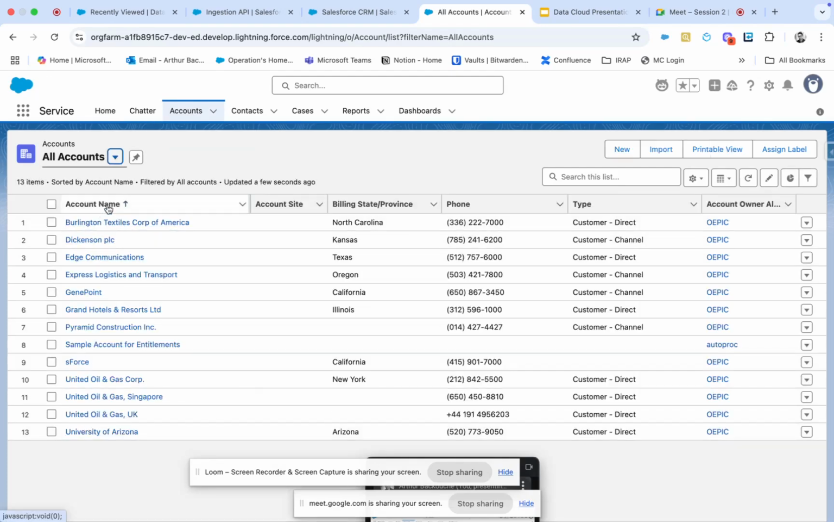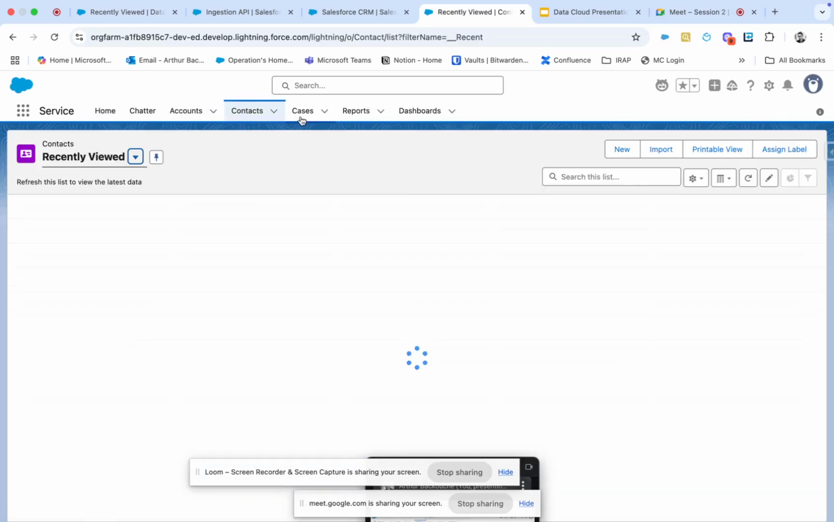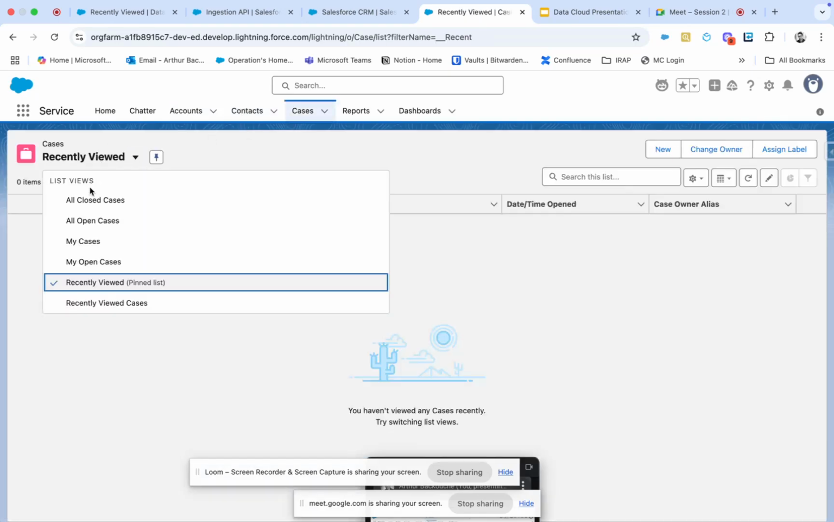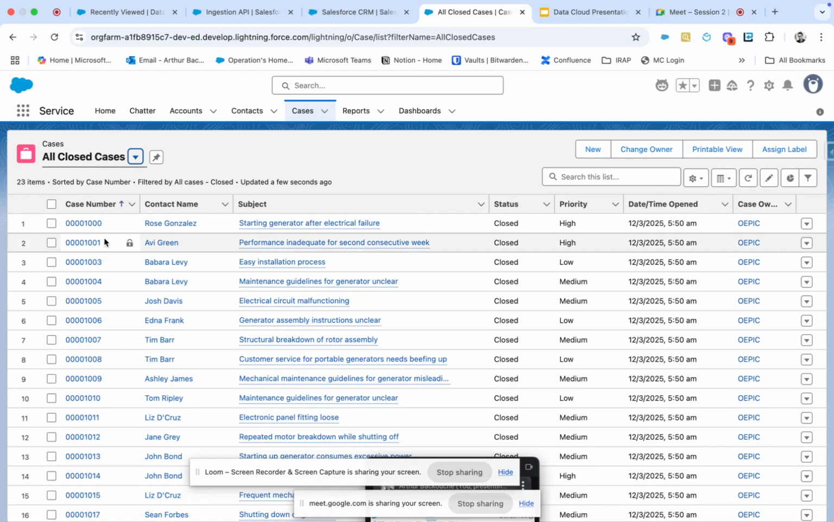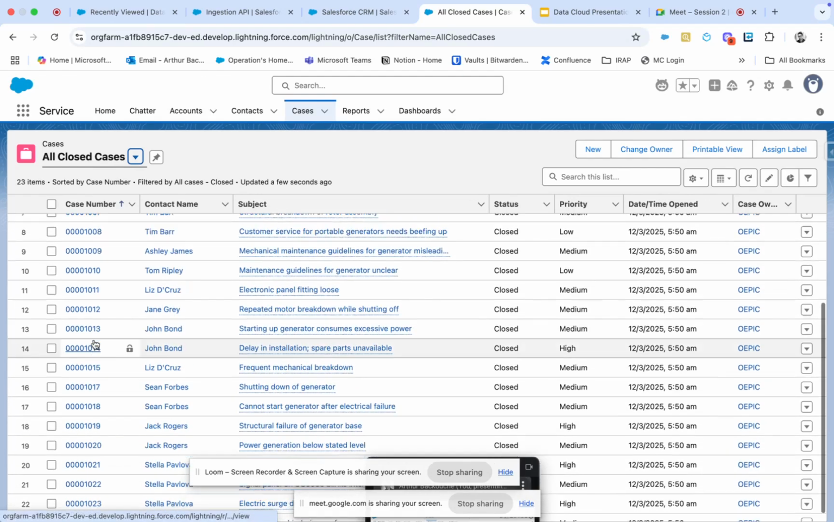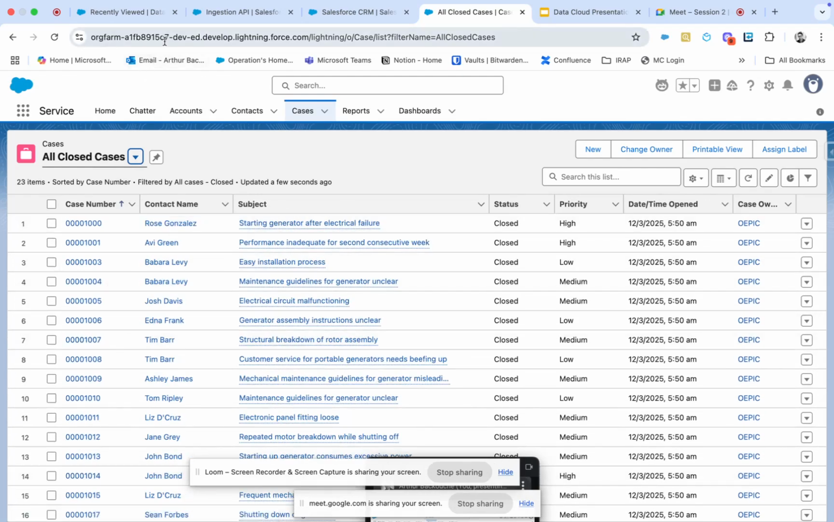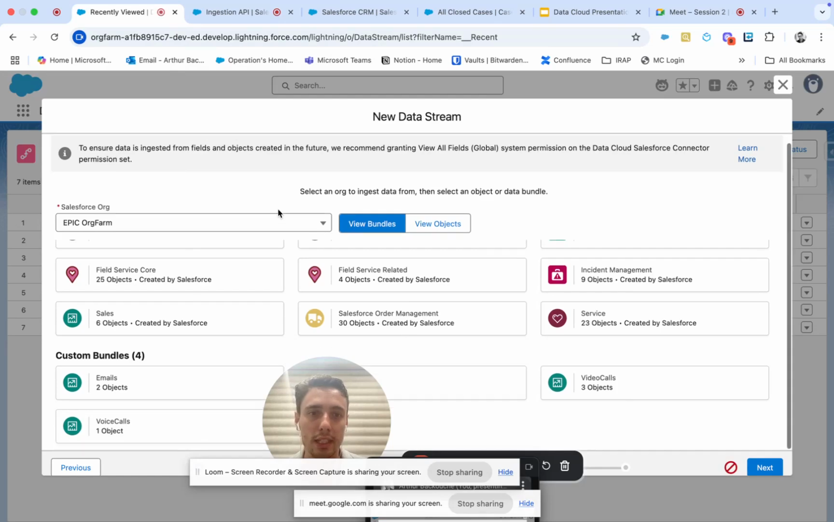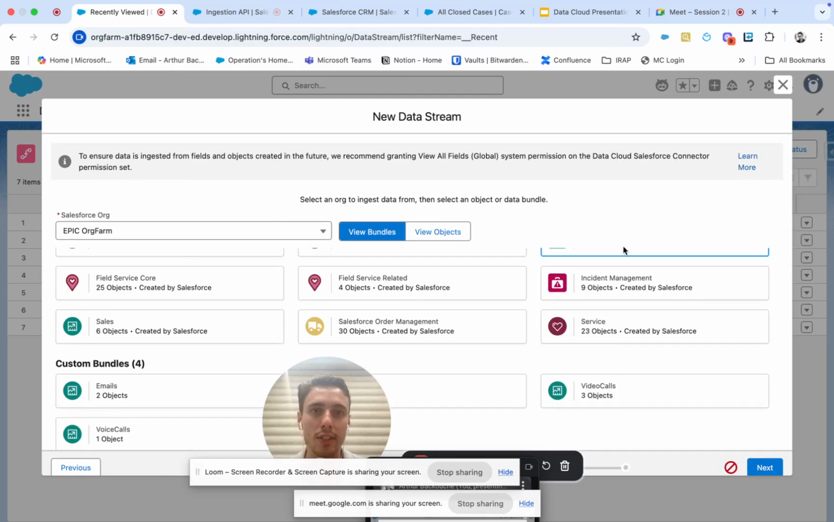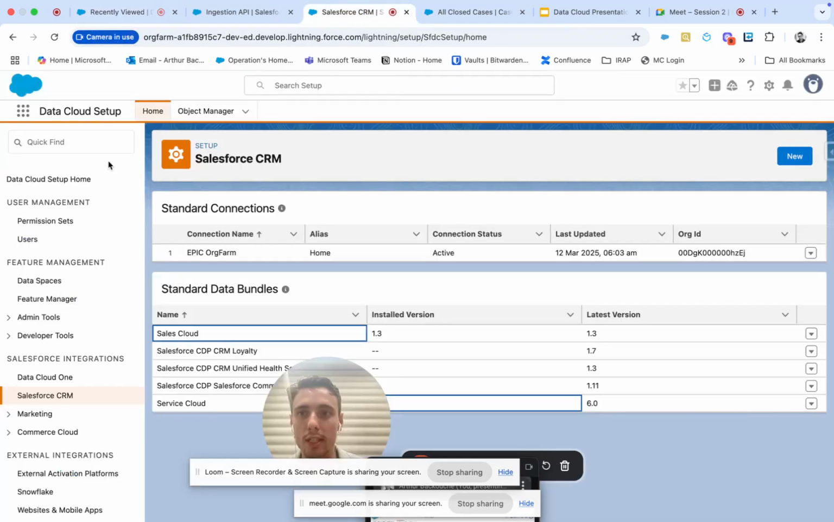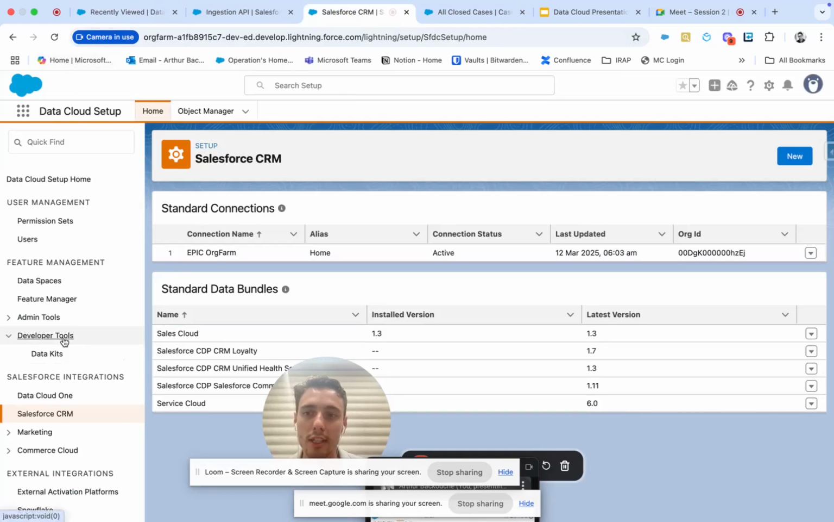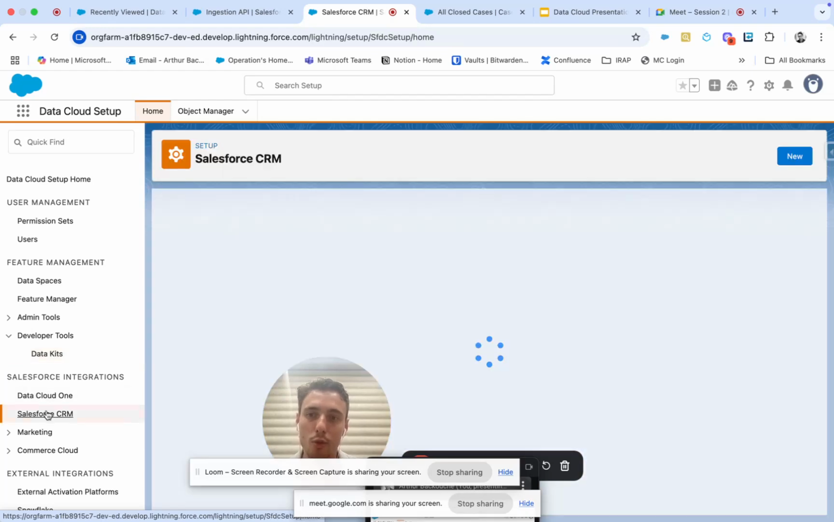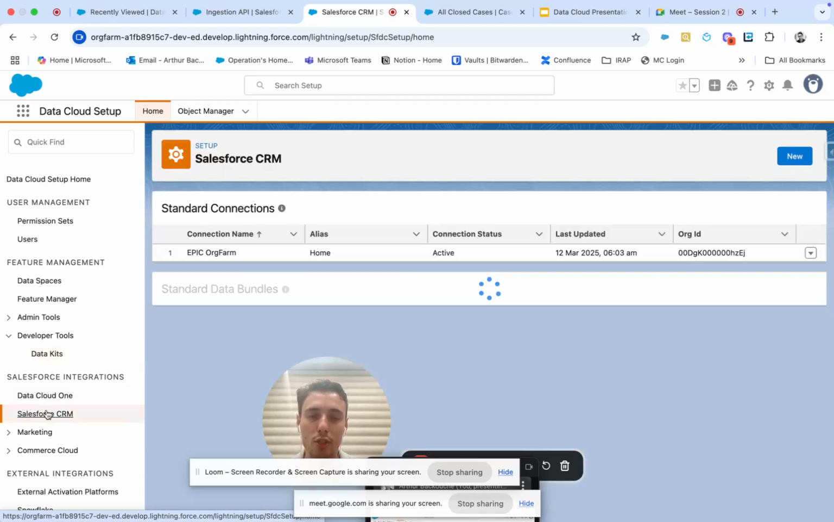I have 13 accounts, a few contacts. Let's see if I have some cases that are available. I have some cases that are available, and I would be interested to ingest that into Data Cloud. So what I can do is either I can click on Service Object. Maybe I will do that actually. Or I can integrate the object directly. I think in my case, I want to keep it very simple. So I will just